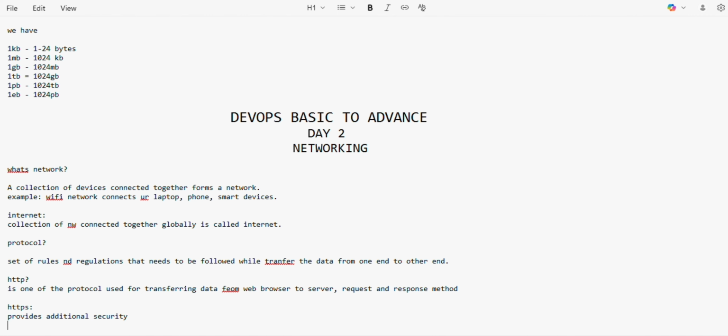It will generate a certificate to verify and provide security.